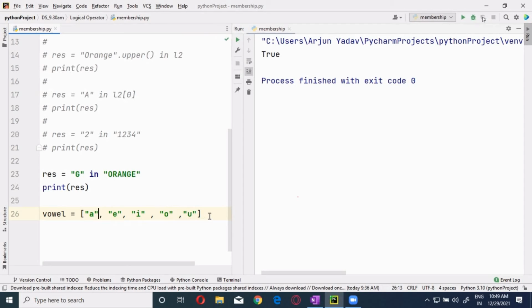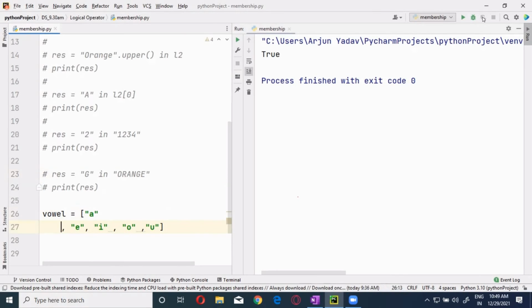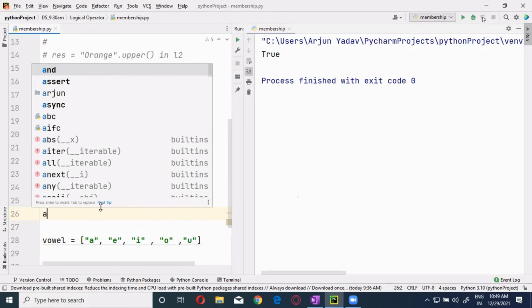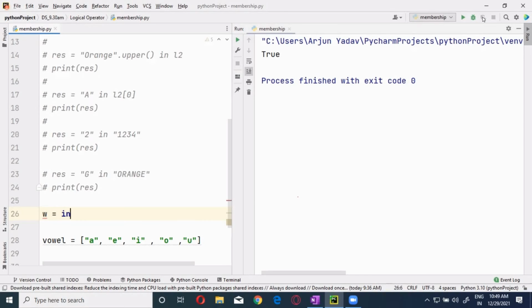Now I want to find out whether a particular character which is entered is a vowel or not. So I'm just commenting this one, guys. Okay. Now I'm taking input from the user. W is equal to input, enter a character, to know whether it is a vowel or not.